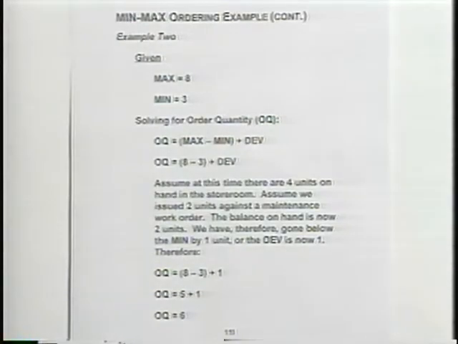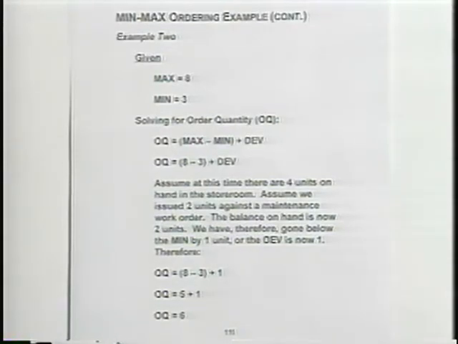Now, moving on to page 11I, we have the min-max system where the minimum is 1 or larger, and in this case, the max is 8 and the min is 3. Now, the ordering requirement would be 8 minus 3, but we have to determine at the point of issue, was there any inventory issued that brought us below the minimum of 3? And in this example, we indicated that we had 4 units on hand, so we're above the 3, we're not going to order,